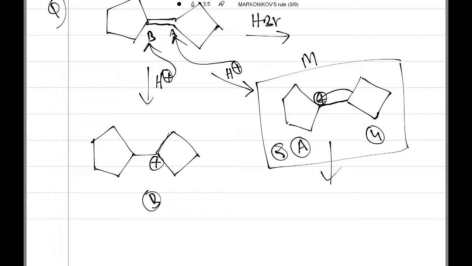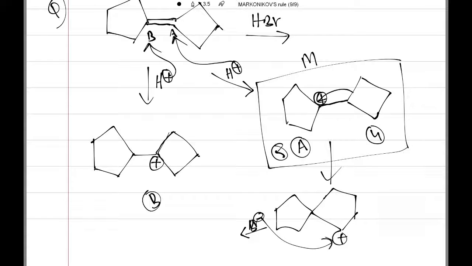Simply we can write it this way: two 5-membered rings are attached to each other, and adjacent to this one we have the carbocation. After that, Br minus is attached, and in this case we get this product, so this is the Br. Right, so this is about the Markovnikov addition reaction.